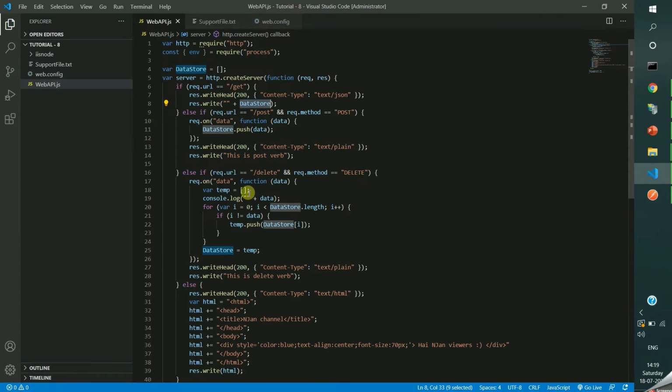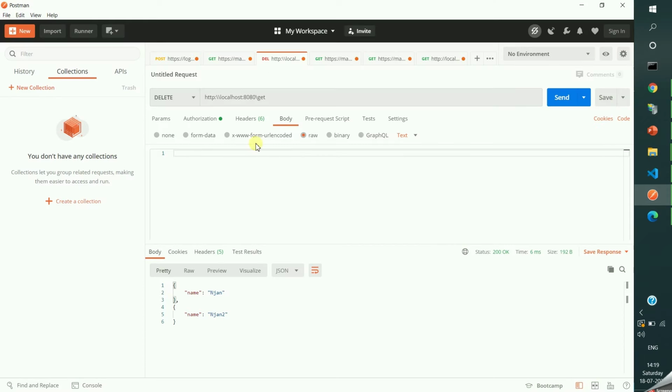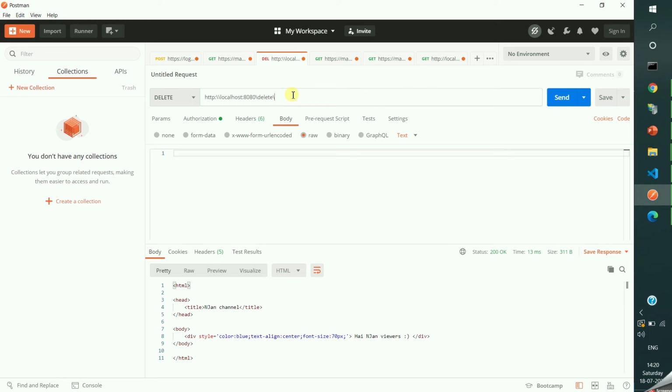Okay, let me try with the delete, because here you can see in the delete we are just passing one index variable on data. Let me see. Delete, one, engine.